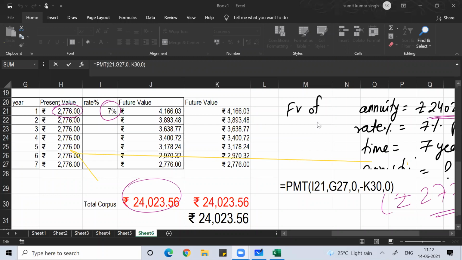So whenever you want your money to grow, and if your money is the same, you can directly do it by using future value of annuity. Those who understand maths, it's an application of GP, geometric progression. Future value of annuity formula, future value of annuity due, present value of annuity, present value of annuity due. Clear, everyone? Any doubt?